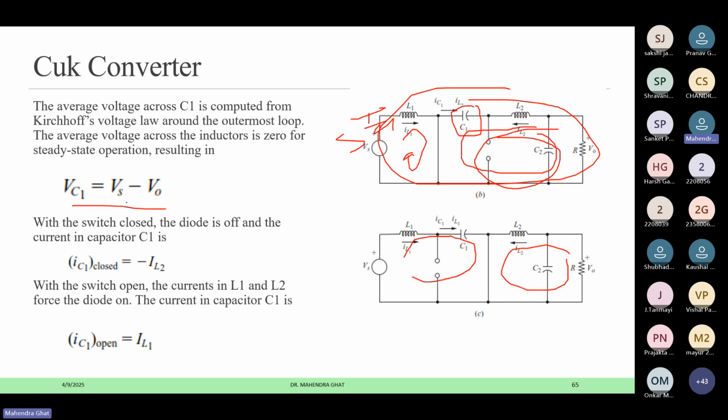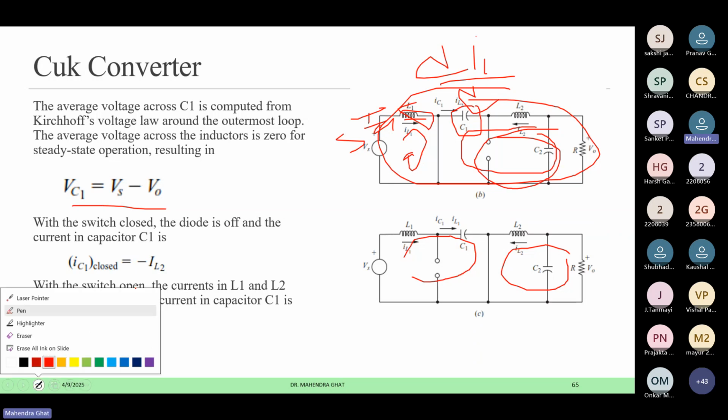So this is Vs minus VO. We have considered constant current here, so there is no change in the current, so there is no dIL by dt. Change is not there, so the voltage across this inductor is not there. So there is a short circuit of the inductor, this and this. And if we apply the outermost loop,